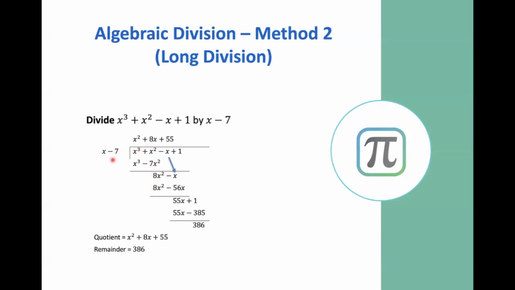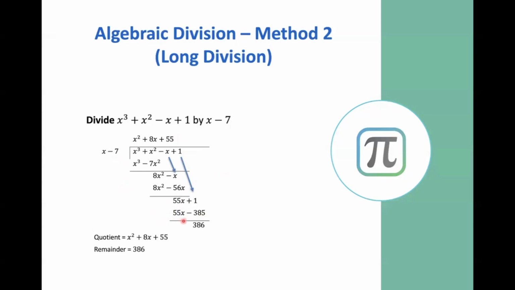And then we have to times the negative 7 by the plus 8. And that gives us minus 56x. We then subtract. So negative x minus negative 56x gives us a positive 55x, and then we bring forward the plus 1. So we're now doing 55x plus 1 divided by x minus 7. Well, we would divide by 55, right? So we put 55 up the top,